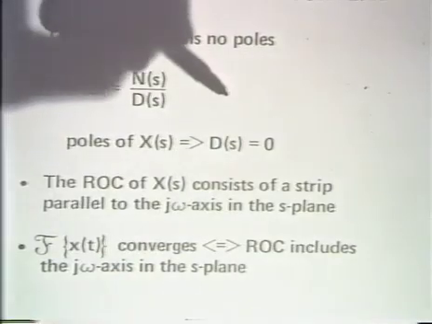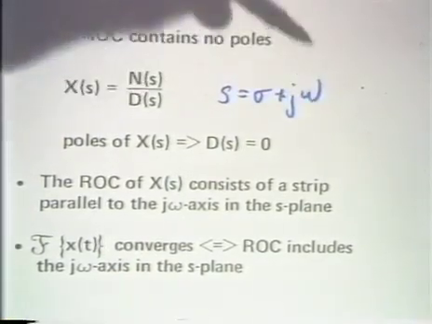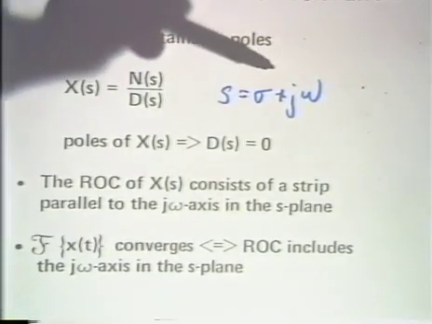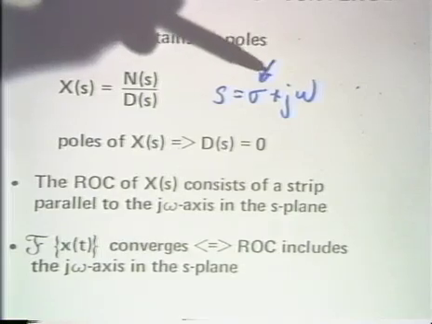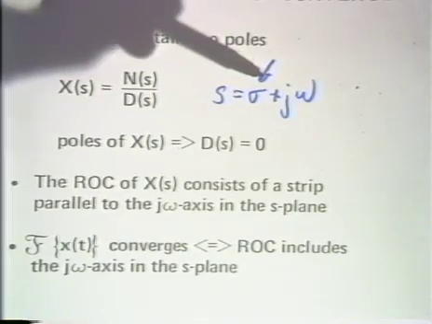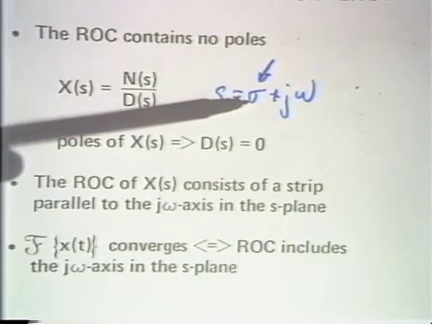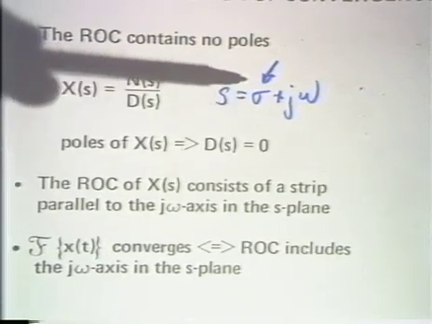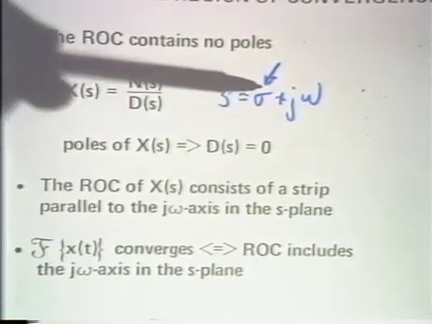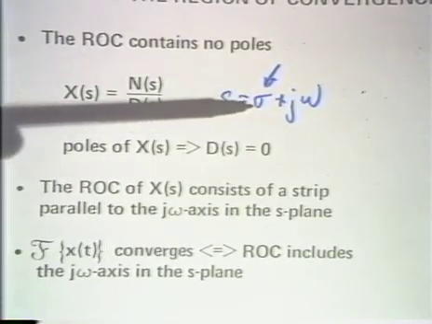The reason is that s is sigma plus j omega, and convergence of the Laplace transform is associated with convergence of the Fourier transform of e to the minus sigma t times x of t. And so the convergence only depends on sigma. If it only depends on sigma, then if it converges for one value of sigma,